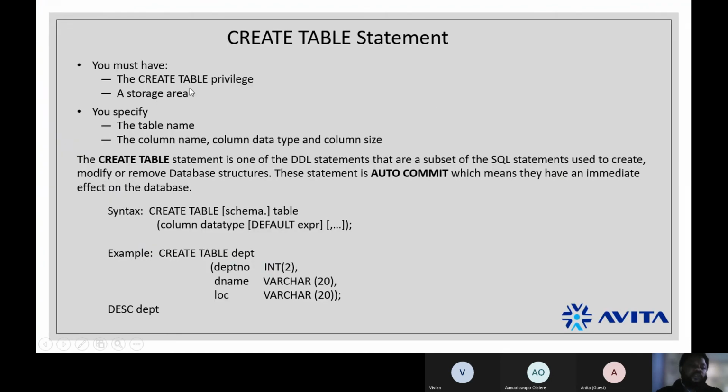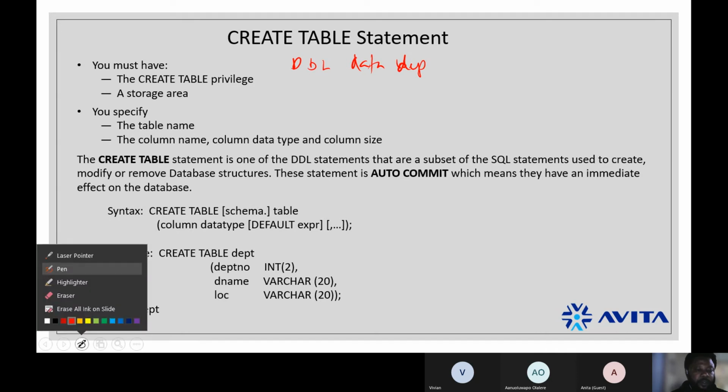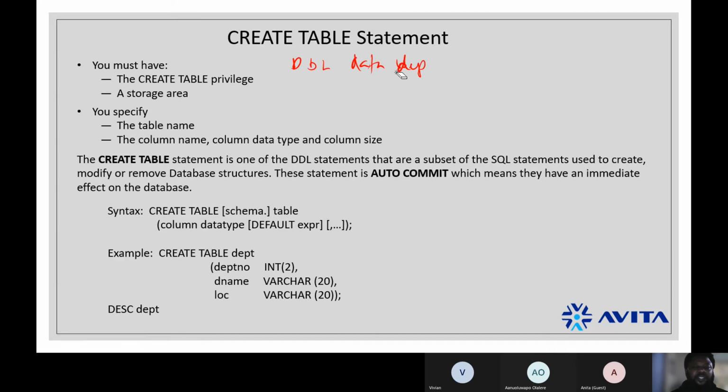All right. So what we want to talk about now is the create table statement, right? Remember we're talking about DDL, data definition language.